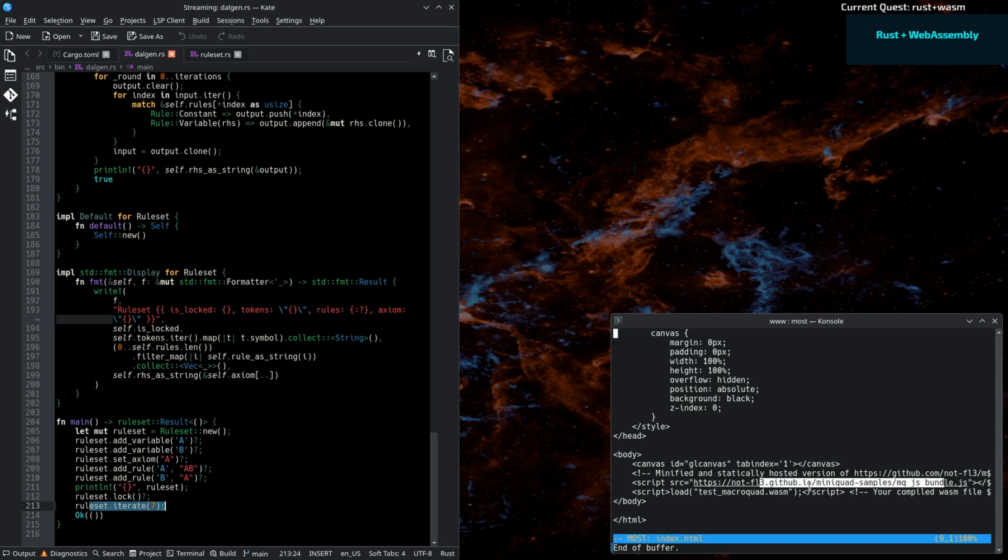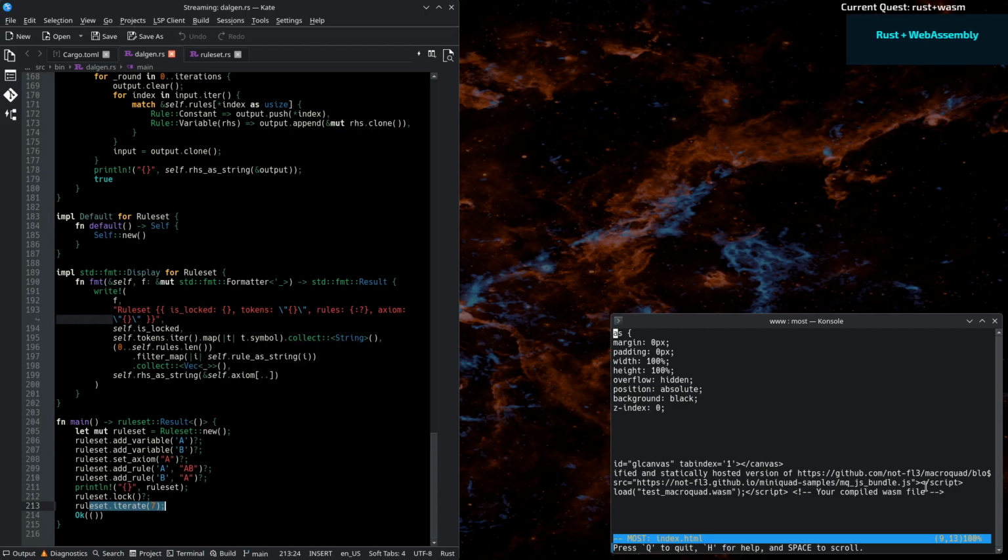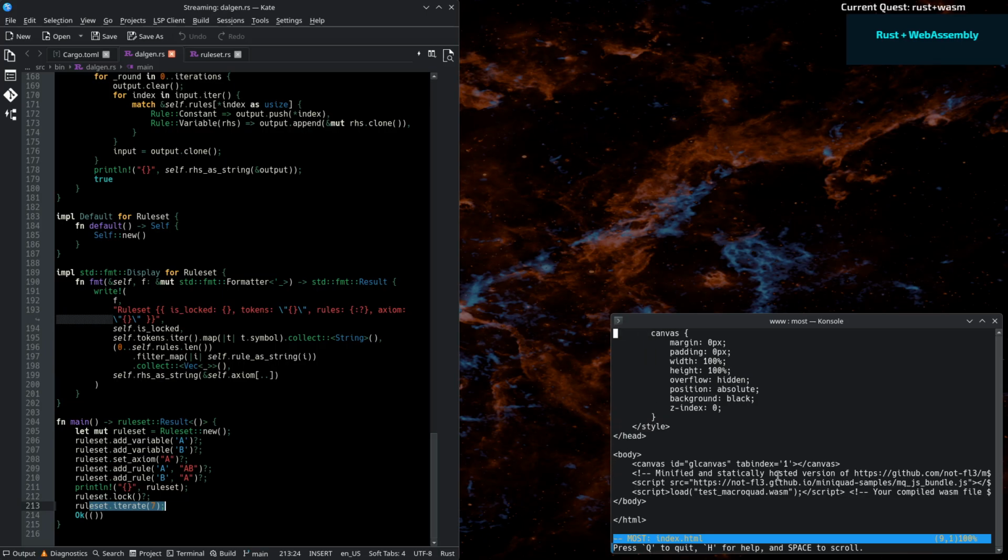In this case, is already statically created macro quad JavaScript bundle, and then loading, as you can see, test macro quad WebAssembly. So this is actually our own code, but it is compiled in WebAssembly instead of native,